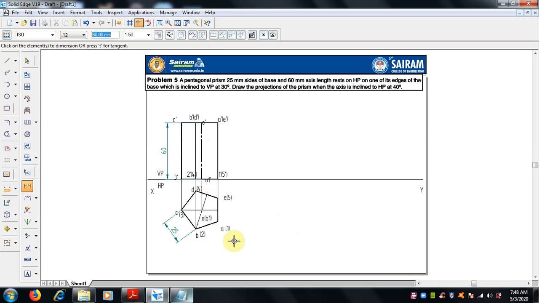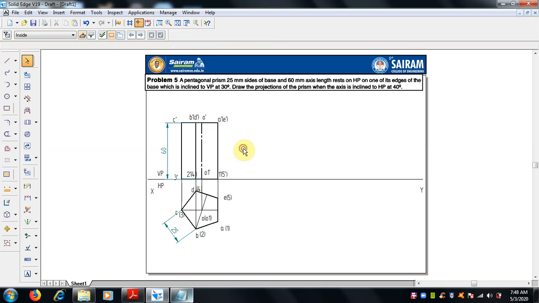So the top view of the prism and the front view of the prism is over. This is the initial position, before inclining this prism to HP and VP. First we should imagine that it is standing straight. So this is the first view, the initial view.